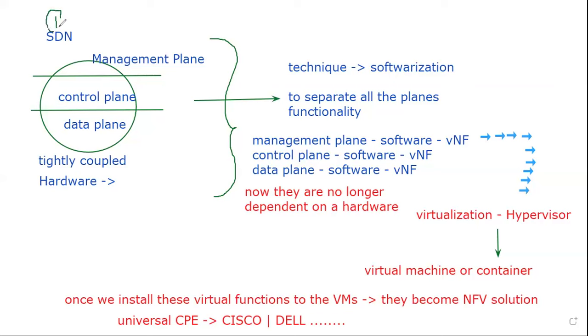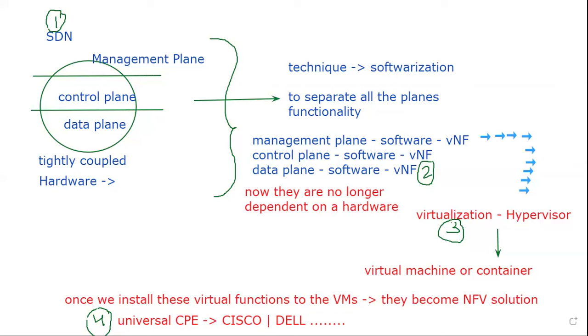One, the second part is the virtual network function, which is separated. The third part is the virtualization technique. And the fourth part is the universal CPE. These kinds of boxes are available from the vendor side. No longer a router. These devices are available where data planes can be hosted, or even customer firewalls can be hosted. We generally say they are spun up using virtualization techniques.